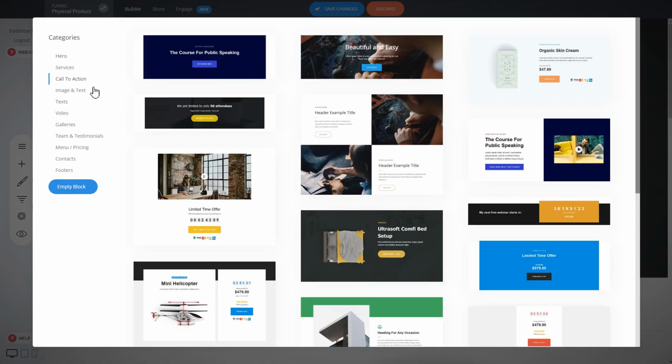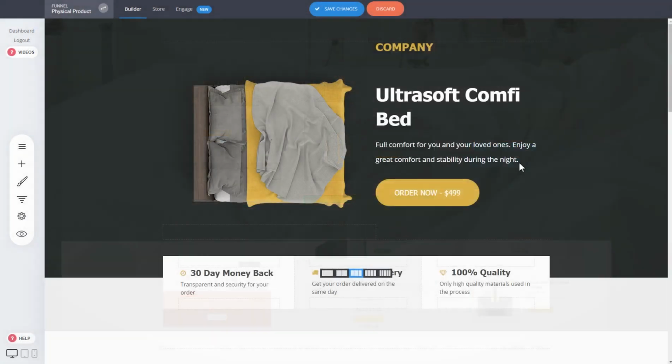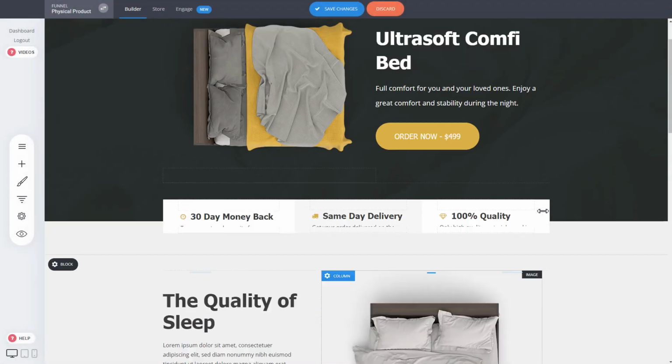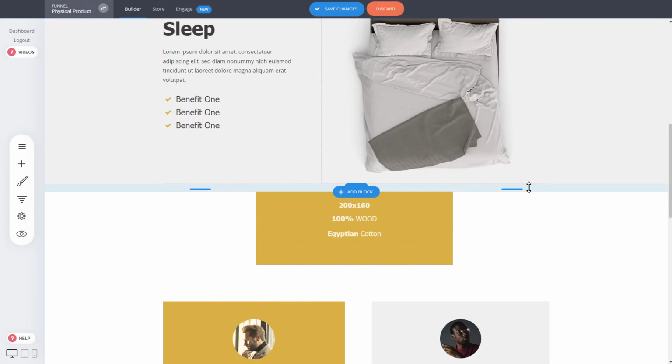By clicking on the add block, you can add any section into your design, and just with one click, let's say that you want to add a call to action like this, and you add it to your design right there, and you have the countdowns and all the things, call to actions that you want to have. If you don't want it, you can just delete this section, but you can modify everything about the beautiful designs